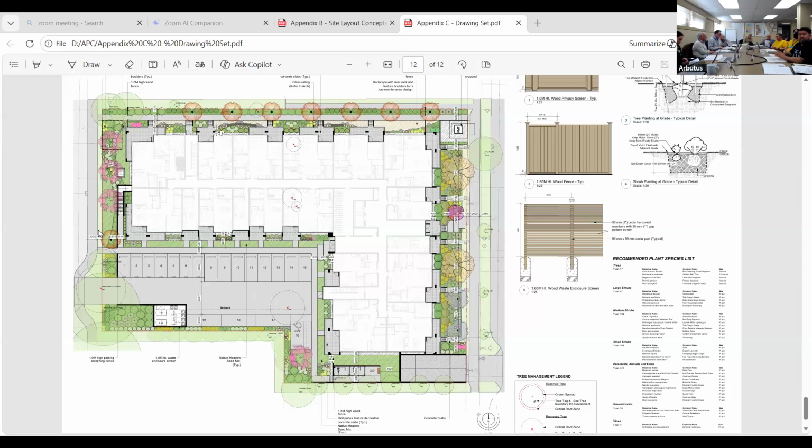So maybe you'd have to point it out to me. My question is about those two end units facing Forest Street. Could they be reconfigured to do two things? One is to improve the streetscape, as I mentioned earlier, and also to